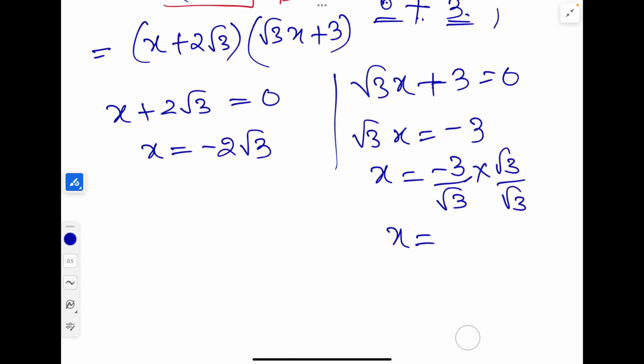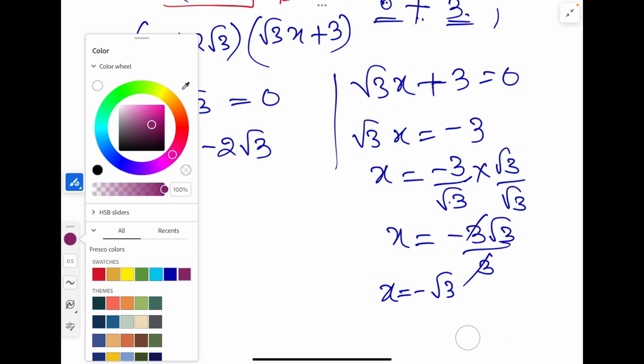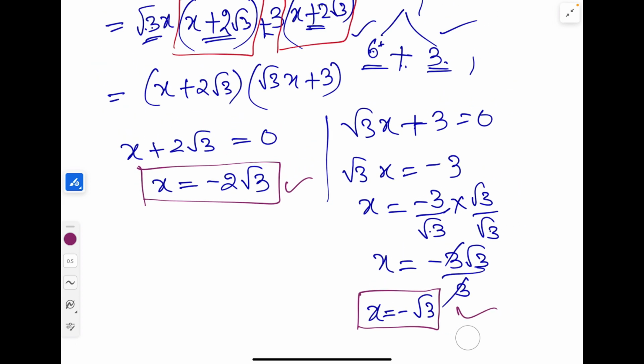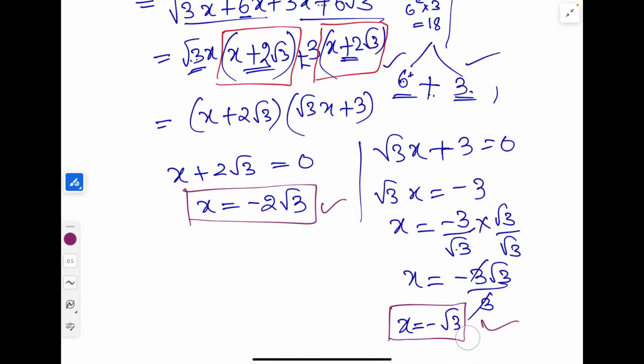If we rationalize it, we get minus 3 root 3 by root 3 into root 3 is 3. You can cancel this, so the other zero is minus root 3. So these are the zeros: x is equal to minus root 3 and x is equal to minus 2 root 3 are the zeros of the polynomial. Hope you understood and liked this